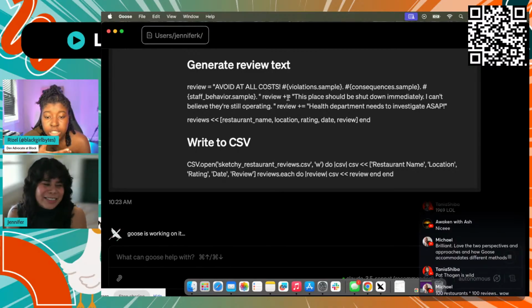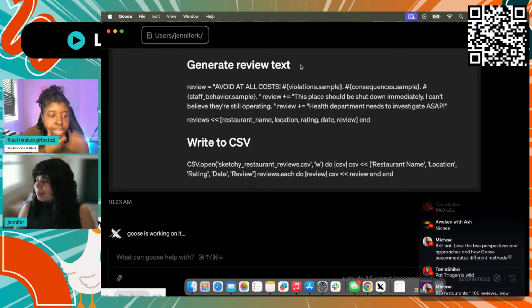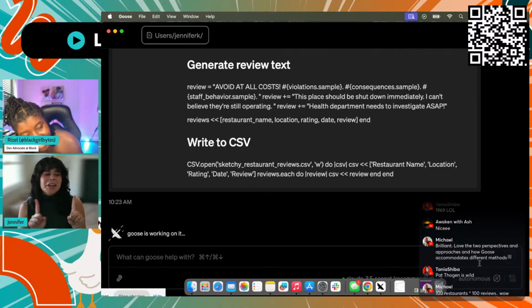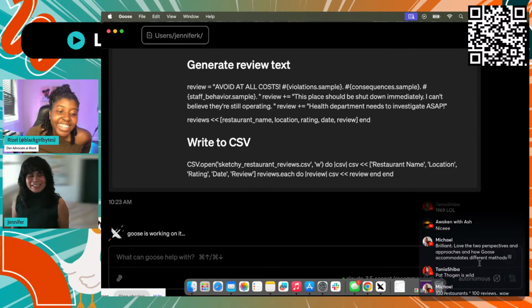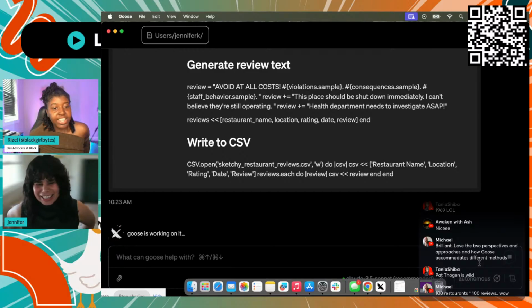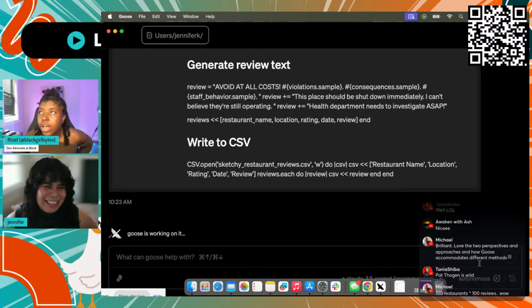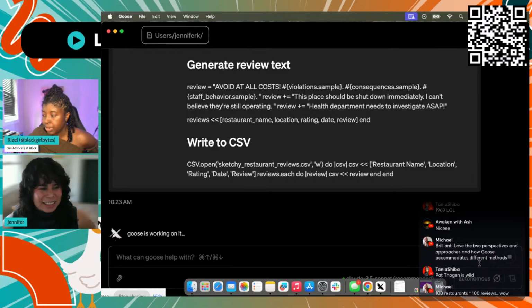Another tip I noticed for making Goose faster or more performant is having minimal extensions on. I'm not opening that again. I'm learning my lesson. Sometimes if I know that I don't need to access Google Drive for that particular task, I'll just turn it off. Especially since Patrick was mentioning the new feature where Goose will figure out which extension needs to be on. I like that. Sometimes I just leave everything off, but sometimes it doesn't always work. Yeah, that makes sense.